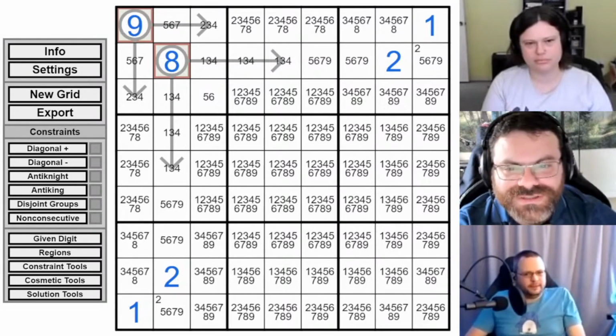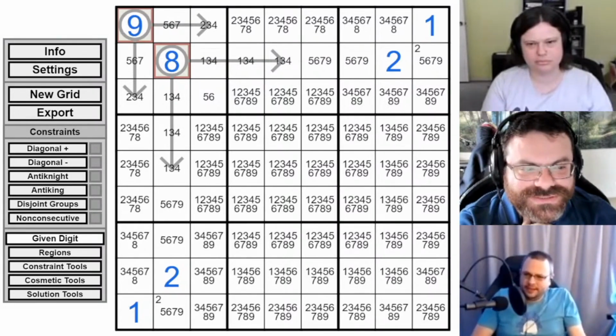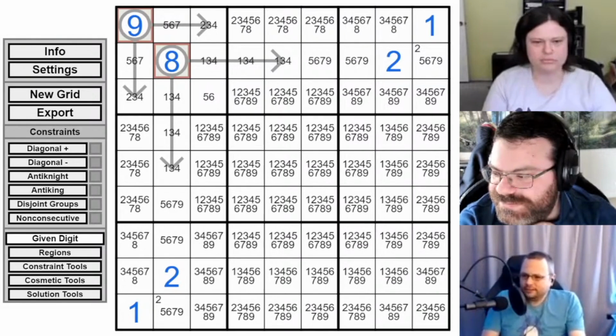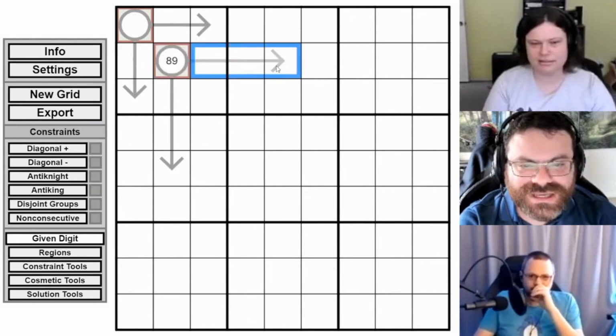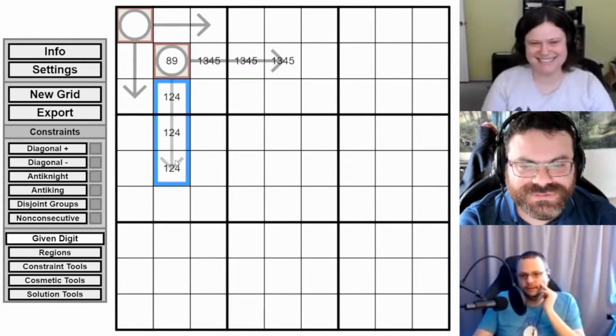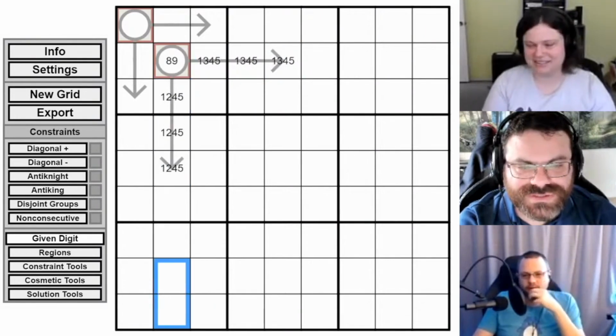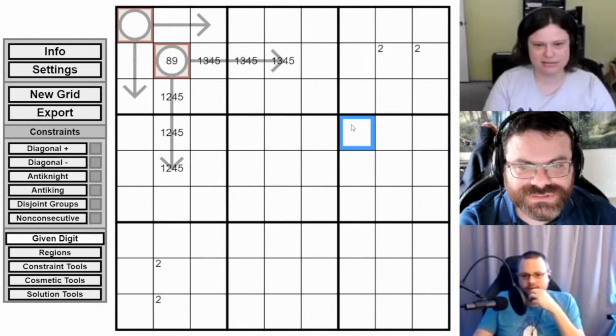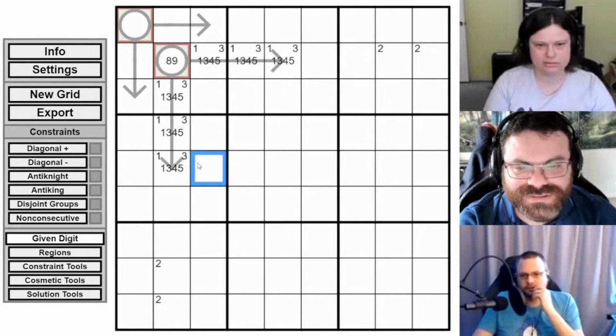Should we play with it and see why, at least, so we can understand it? I definitely like to understand why. So we know this is 8, 9, and it's definitely 1, 3, 4, or 5. And we know that there's a 2 here and a 2 here. And then there's definitely a 1, 3 here, and there's definitely... Oops, I typed this wrong. There's definitely a 1, 3 here.